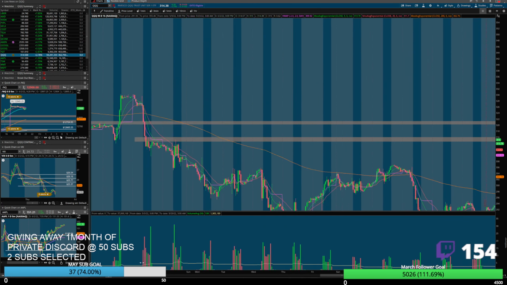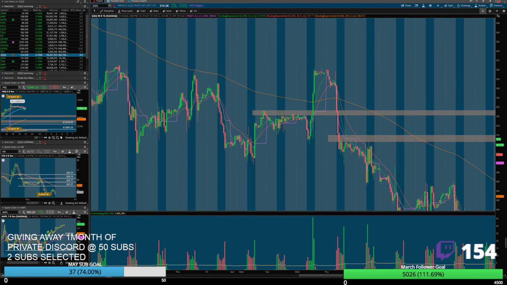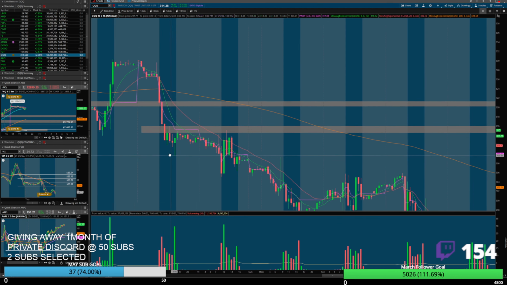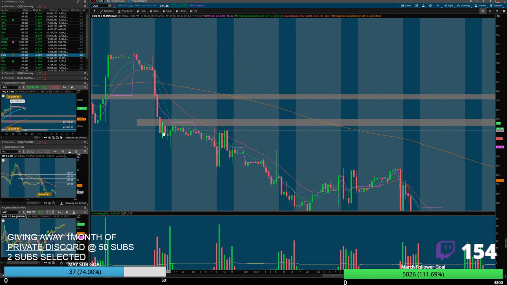Right, you can look right here at this zone and look to see why it was created. It was a large upper wick prior to a move down. It also was respected once, twice, and 3 times. Right, this was a key level, as well as look at the price,